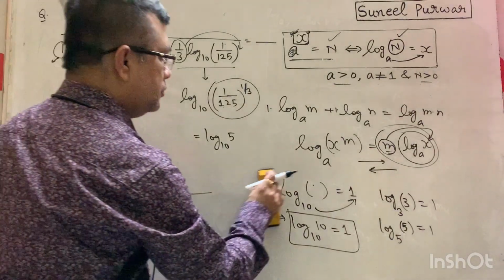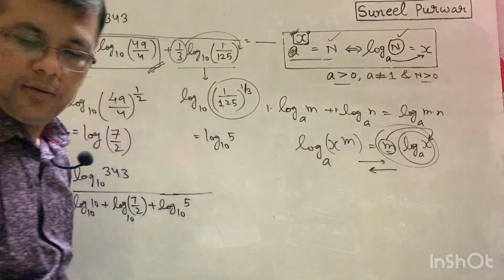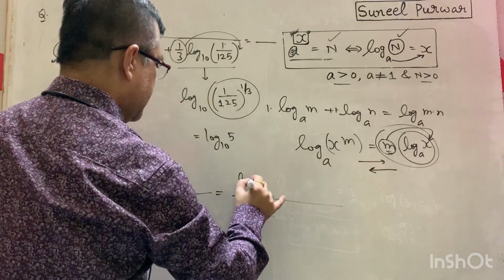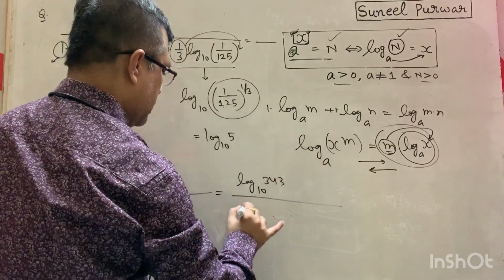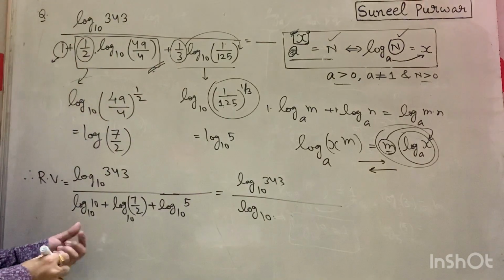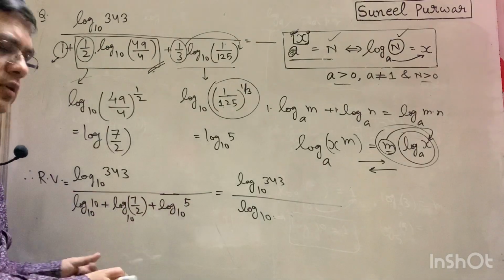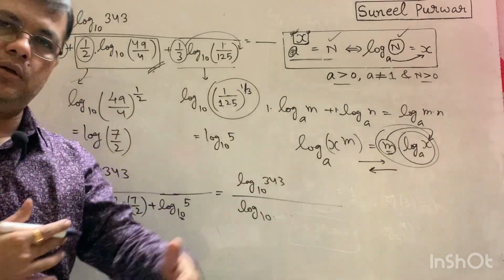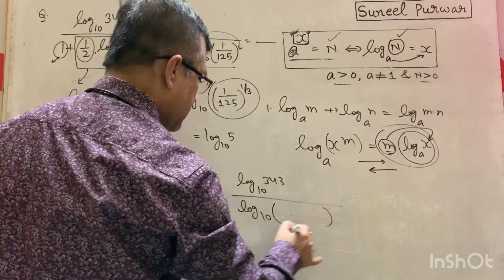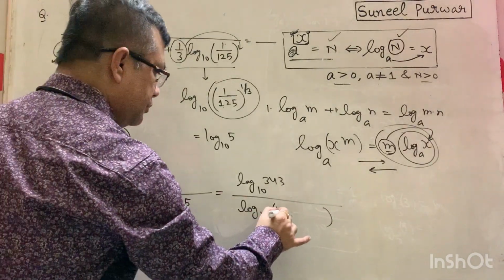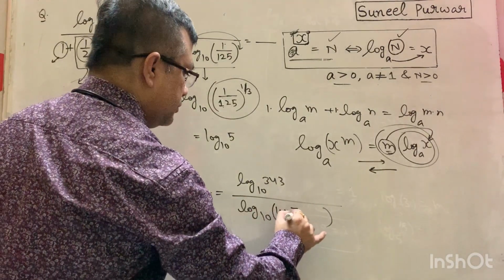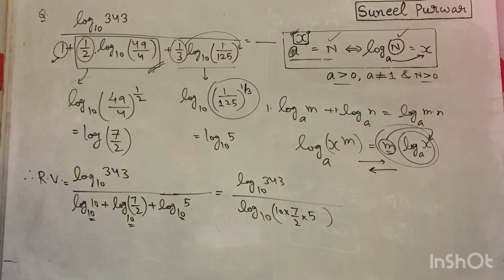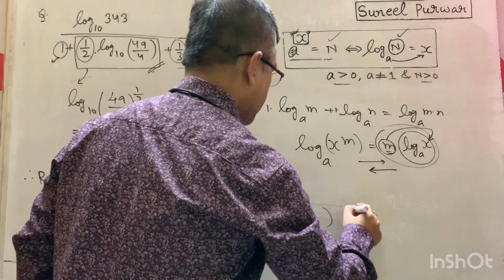Then time to apply the simplifications. Numerator just without any changes. Now come back to this denominator. Log of this plus log of this plus log of this, all of them are at the same base 10. So you remember that property, m1 into m2 into m3, apply that. So it will become a single logarithm at base 10 of what? Product of 10 with 7 by 2 with 5. Okay, so you see what is left there.